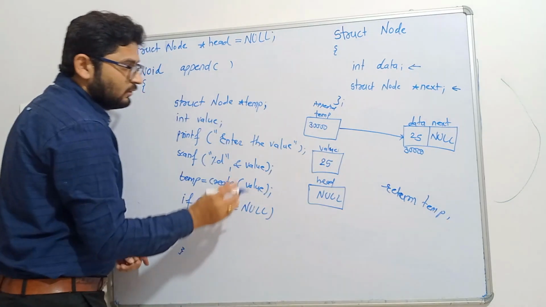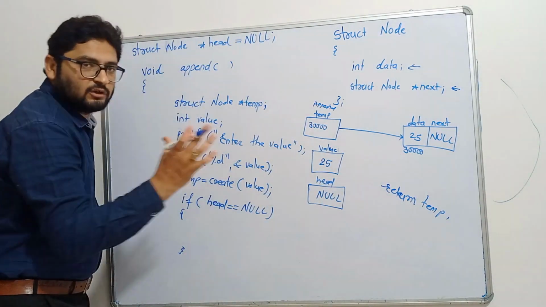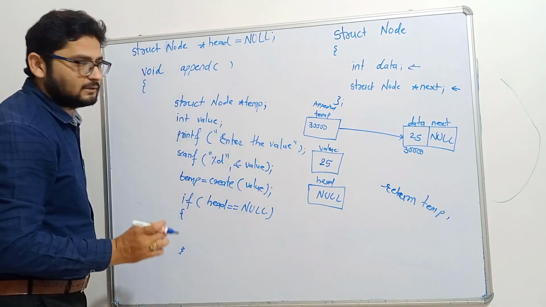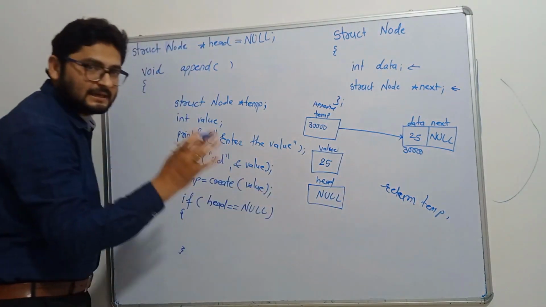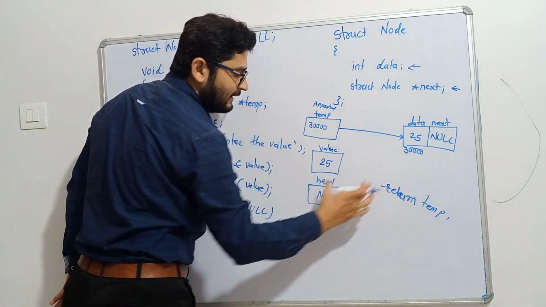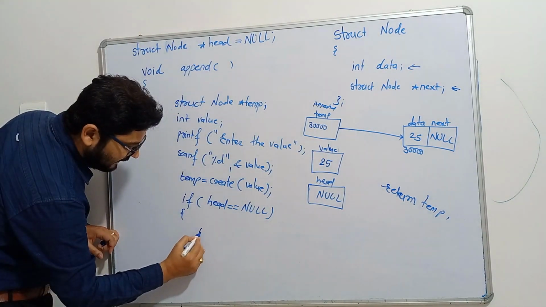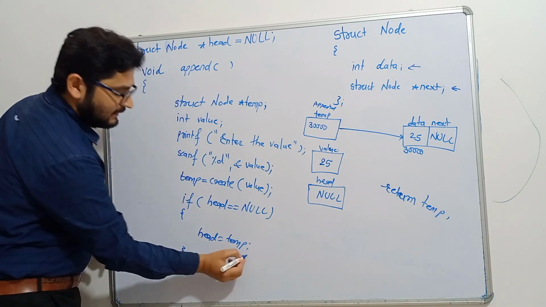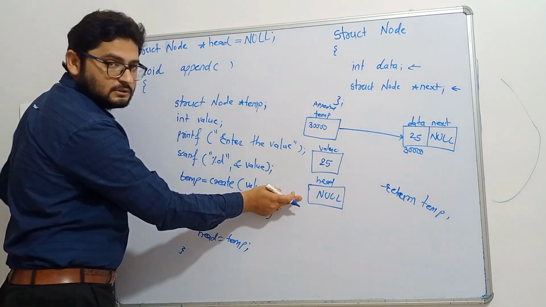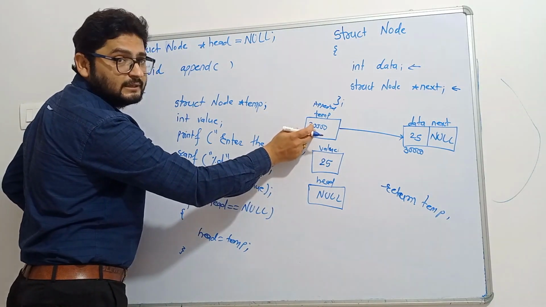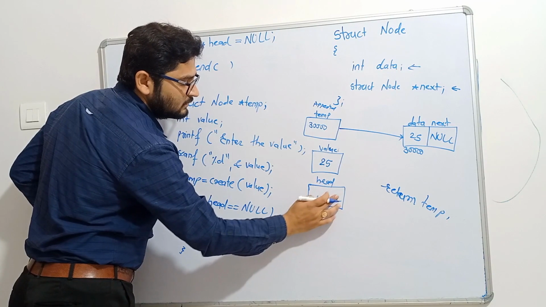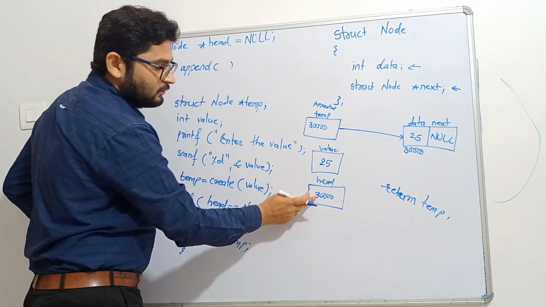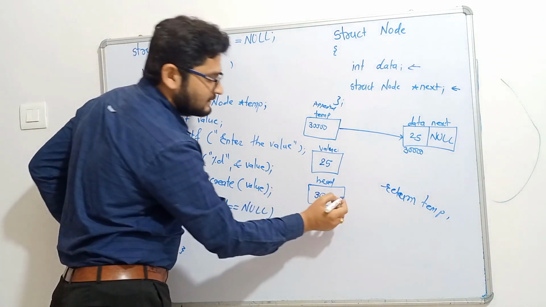Now, what we are going to do? Now the node is created for the linked list, right? So now head should point to this node, because this node is created, the linked list is currently empty, and this node will be pointed by head. So that's why I will write head is equal to temp. Whatever is there in the temp is going to be stored over here. What is there in the temp? There is 30,000. So this 30,000 I will write in the head. So head is pointing to the data stored at 30,000, that is nothing but this node.